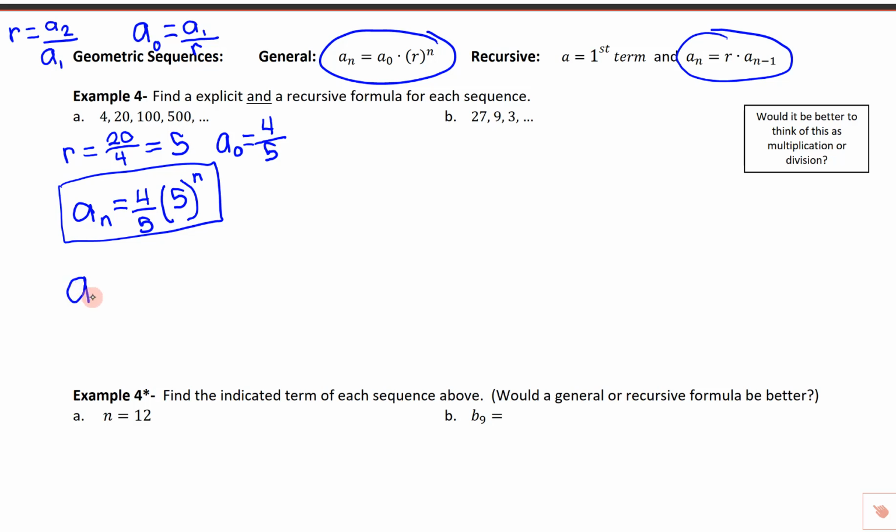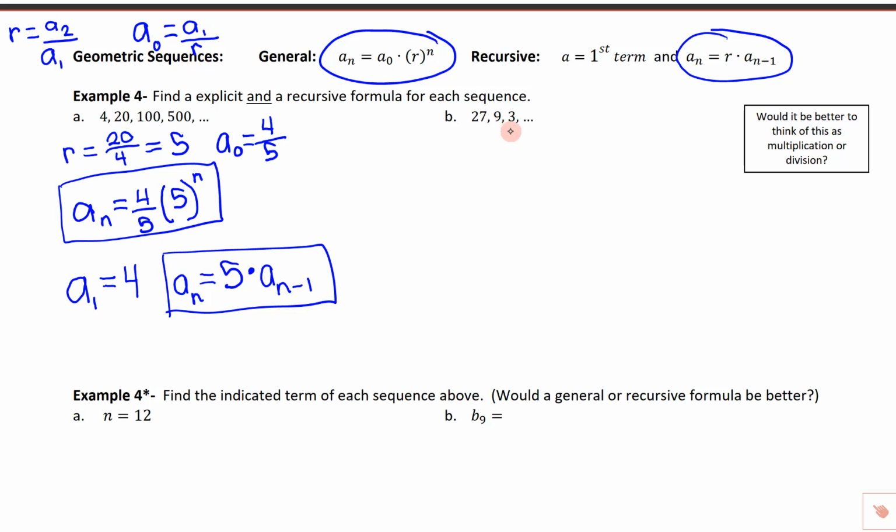Okay, and then to get the recursive, we need to first tell what our first term is. So our first term is 4 in the pattern. And then we can come up with our formula. A sub n equals, and what are we multiplying by? We're multiplying by 5. 5 times a sub n minus 1. We're taking the term before it and we're multiplying by 5. So those would be my two formulas. Okay, the next one,